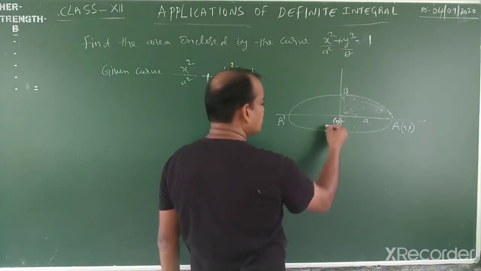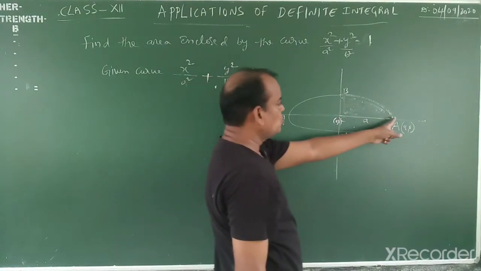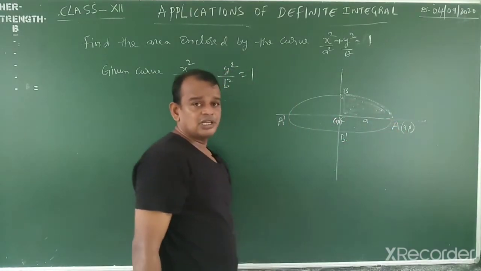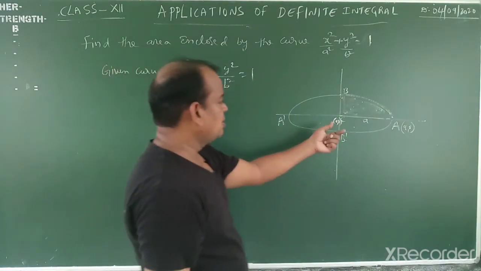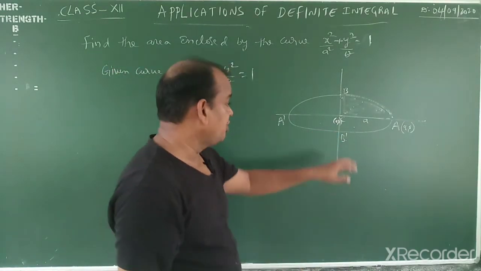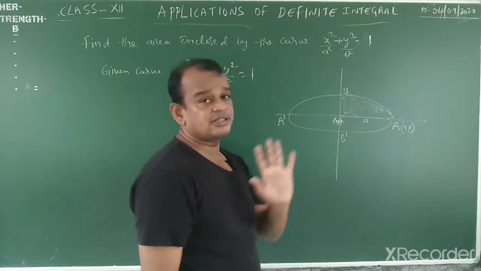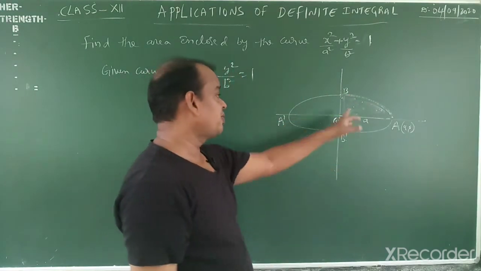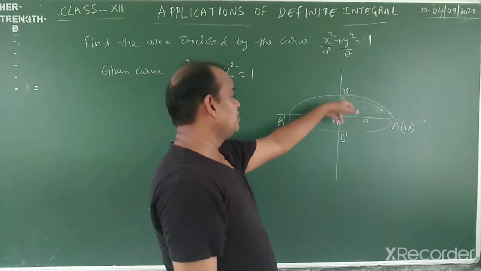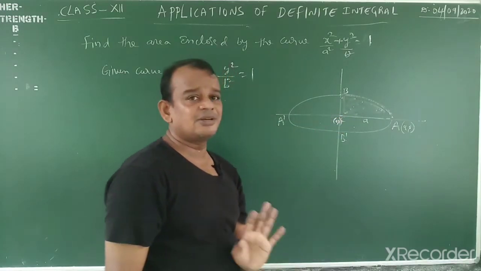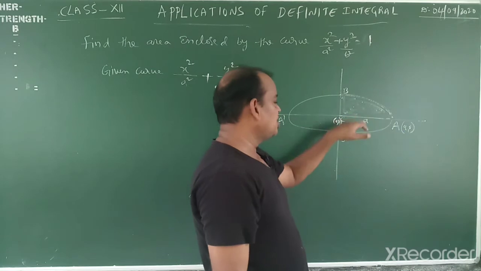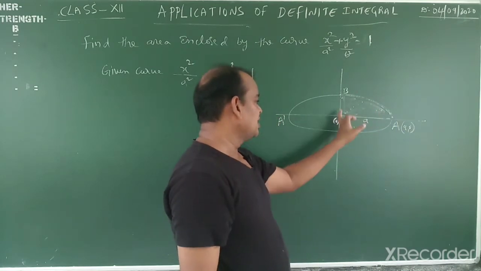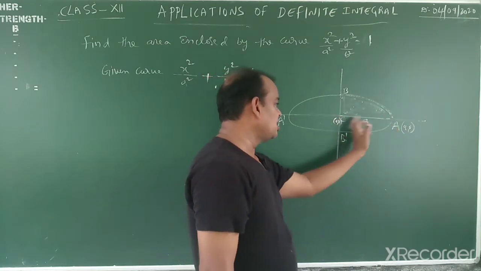Here the limits are 0 to a, my dear students. I hope that you understood. Remember, if we find it with respect to the y-axis, you get the same answer, no problem at all. Whenever you take the y-axis, 100% the function is in terms of y only. With respect to the x-axis, the area region is bounded by the curve from x equal to 0 to x equal to a.